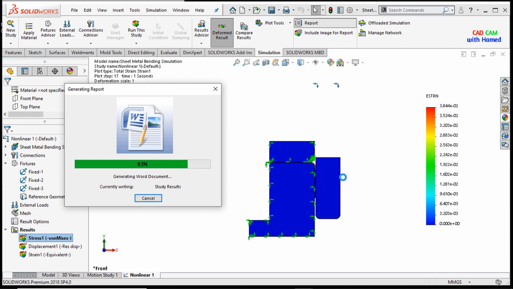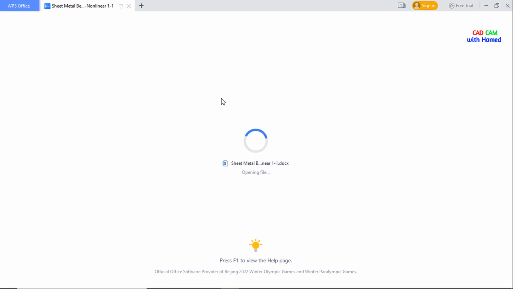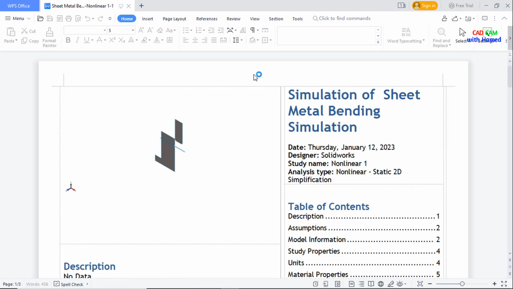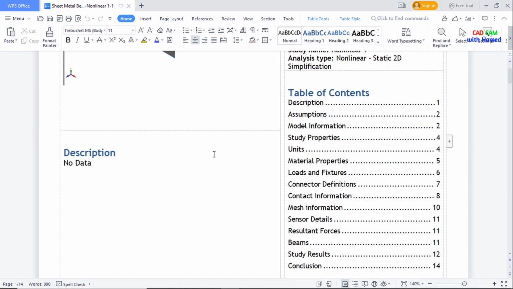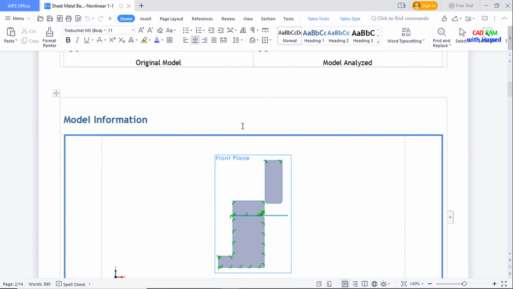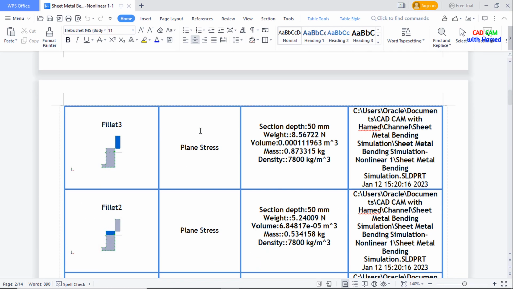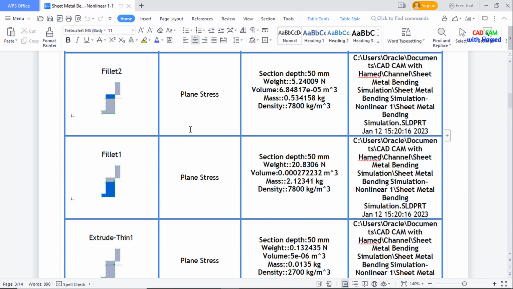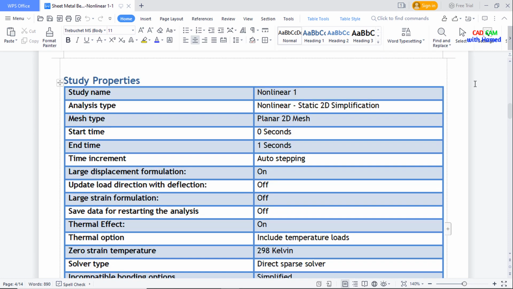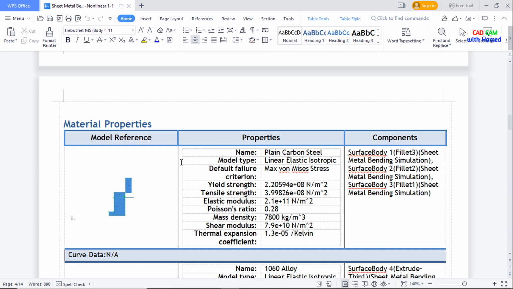These are all the work that we did, and now the colors are changing and the results are changing because it is all being written into our report like this. Here it is opening and it has been downloaded. Here this is the project name that we gave, and here this one is our geometry, and from here you can see the section depth, weight, volume, and the mesh type, the end time, and from here